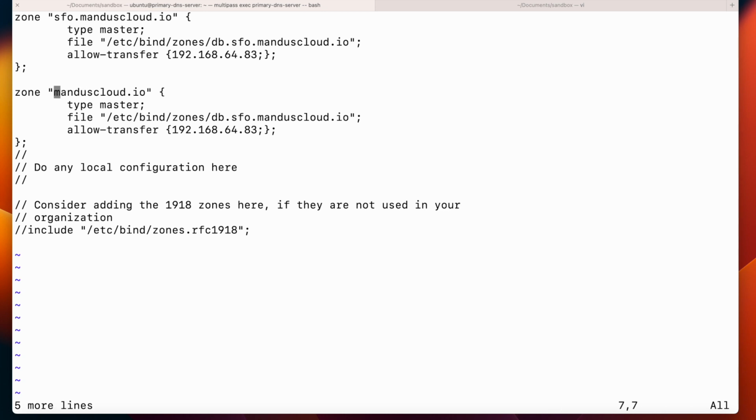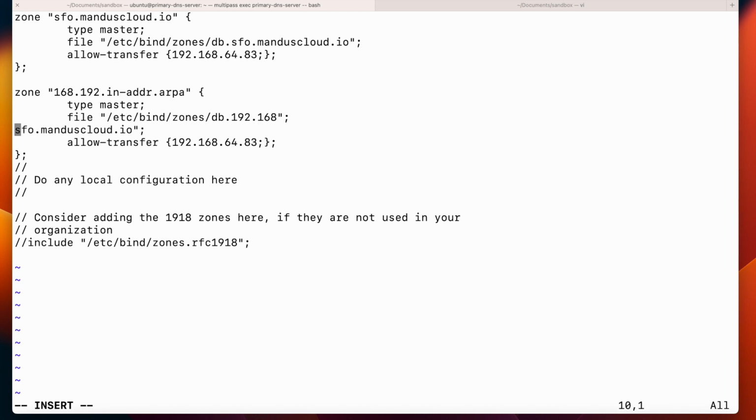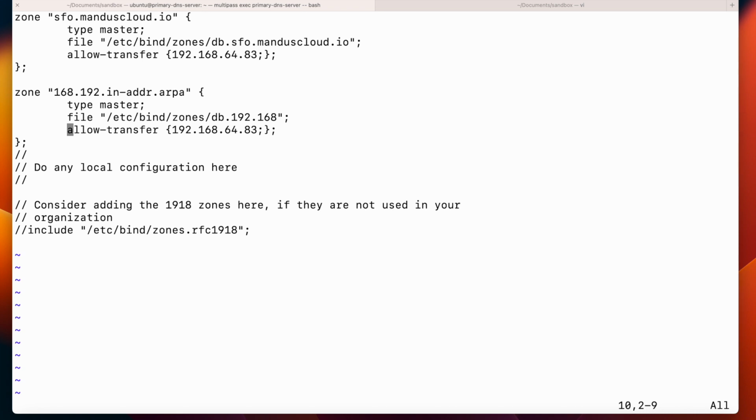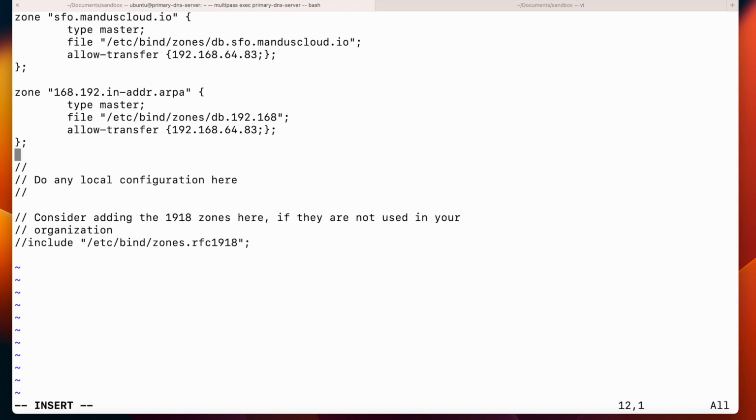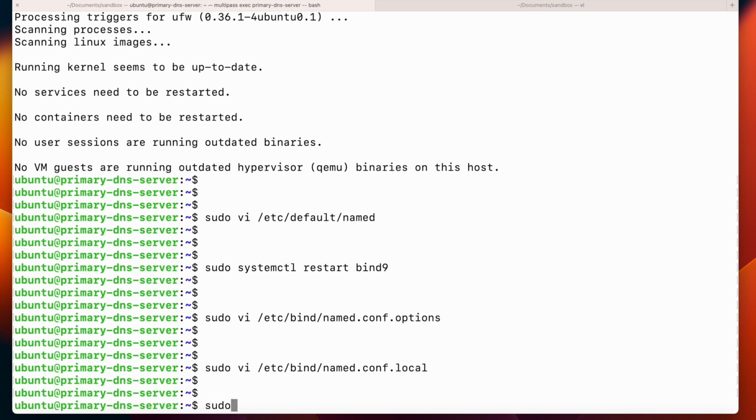Next, we are defining the zone for reverse lookup. So this name is defined in the /etc/bind/zones.rfc1918 file. Because we are using the 192.168 network, I'm using that. So once this is done,